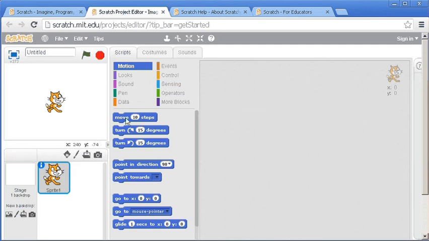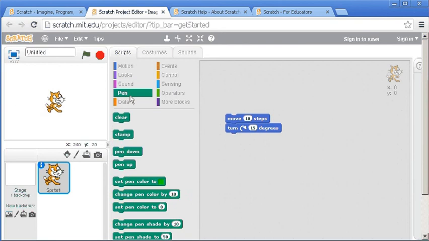And then for this object, there's some code that we can just create. And there's all these different sections of code. We can put the pen down and do all kinds of other stuff. If you want to make it bigger or smaller, you can just click on it to make it bigger or to make it smaller. If you're using Google Chrome, or I believe Firefox, you can right-click and there's some other